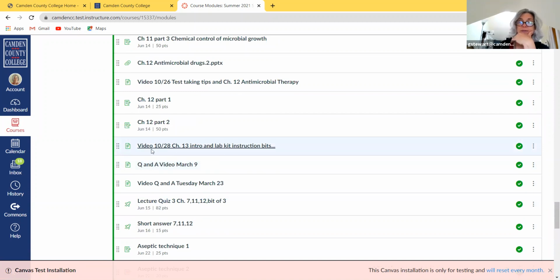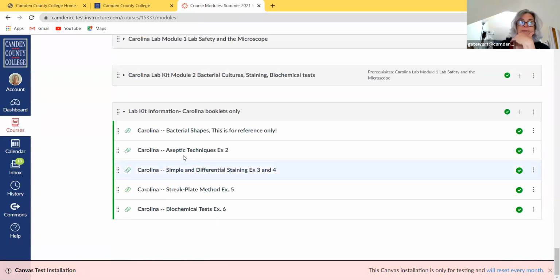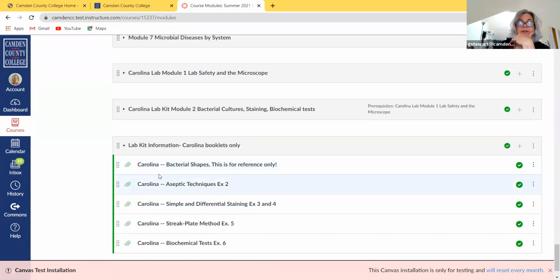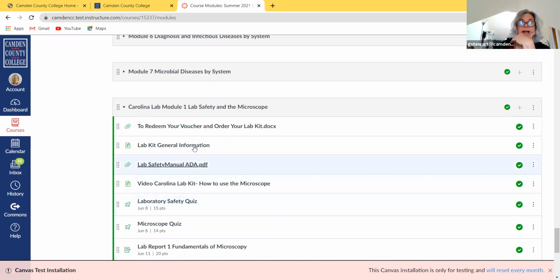Right, you'll see this video here is chapter 13 in lab kit instruction bits, because it's time to start the lab kits. What I was speaking about earlier is down here. These are the handouts, digital, for the lab kit for most of the exercises that need the bacteria to be grown, and then in the microscope module, I think there's both general lab kit